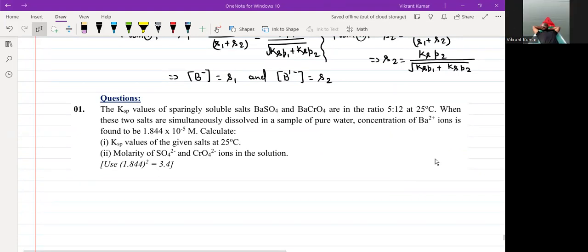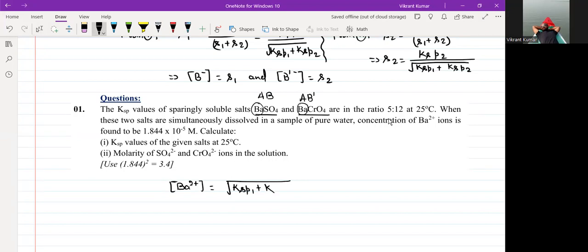तो बेसिकली ये ए बी टाइप का ही दो सॉल्ट है, which is having common cation, and that's why अभी जो सीखा है, if it is AB type, अभी देखो ये AB है और ये AB dash है ना, that's why जो फॉर्मूला किया है that is valid, but it will not be valid if I am having an A2B and A2B dash, ऐसा कुछ है ना। We need to be careful about that also. AB type का है तो already we are having formula, that formula was concentration of common ion, which is Ba2 plus here, will be equal to under root